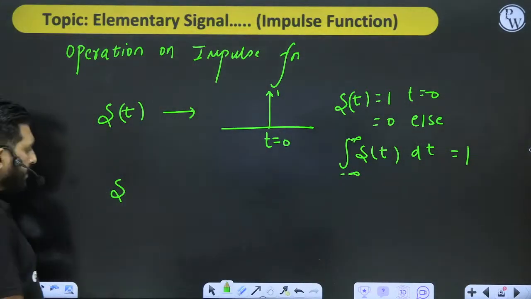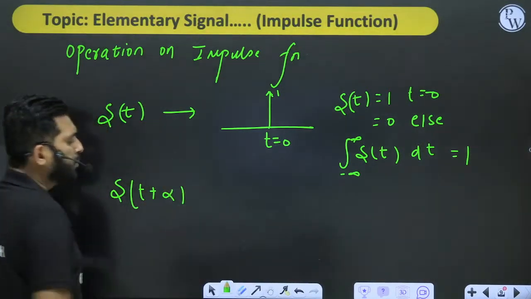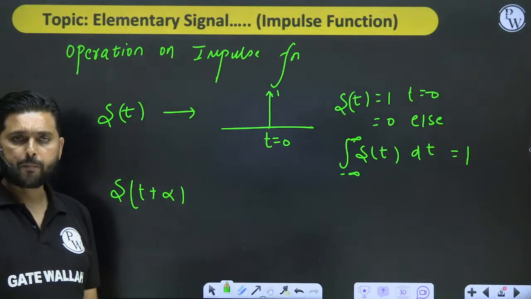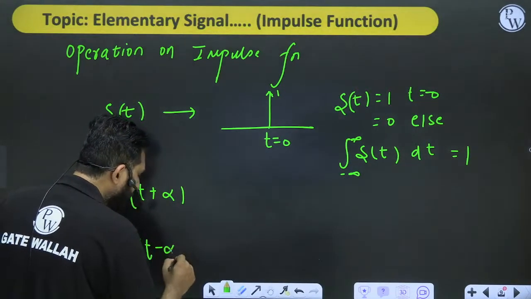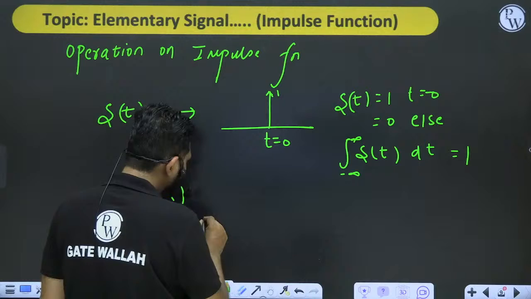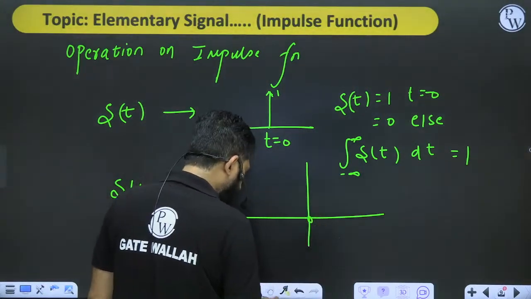Now the point is, what is delta t plus alpha? Can you represent delta t plus alpha, or delta t minus alpha? Yes sir, easily we can do it. See here, what is delta t plus alpha? It is a function,